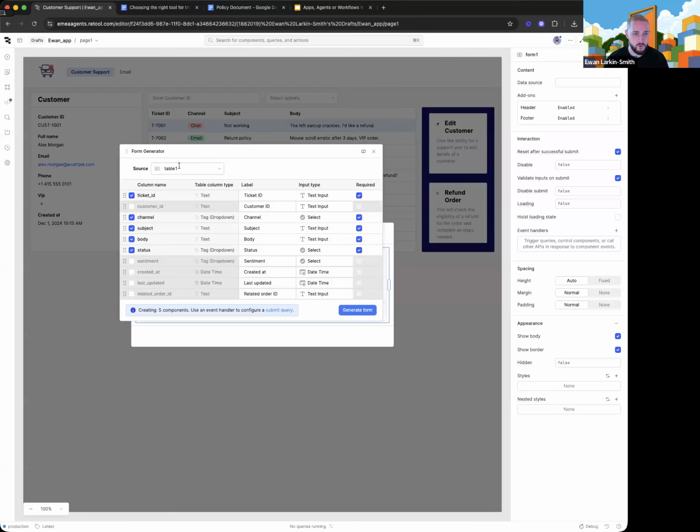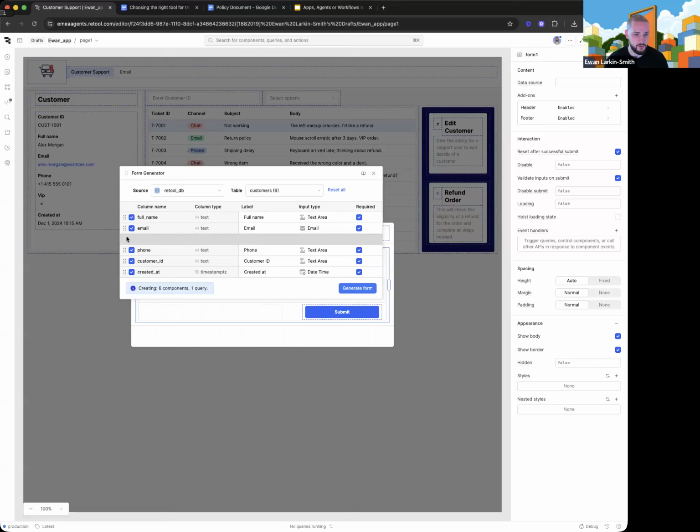So for example, I'm going to put full name at the top, maybe email, and VIP. And we need to check these are the right type as well. So checkbox for the VIP, email for email, and text area for full name. I'm actually going to go to the left-hand side and untick customer ID and created at, just because I don't need those for this. So once again, just reorder these into something that you feel fits, check the data type, and then just get rid of the last two at the bottom here. Once I've done this, I can actually just click in the bottom right, generate form,